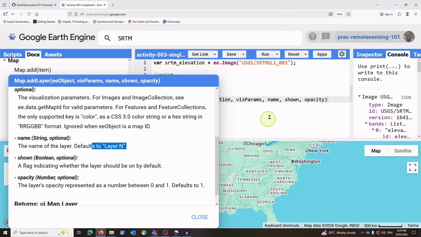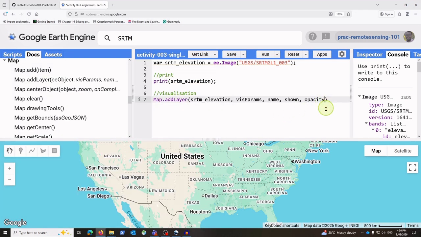Also another argument that we're going to specify. The other one is shown. So shown is optional, and it is to indicate whether I want to let people see the image or not. The default is true, so I'm going to leave that one out. Opacity is also a number, and that is optional, and it determines how transparent you want the image to look. So I'm going to remove these two, opacity and shown, for now,